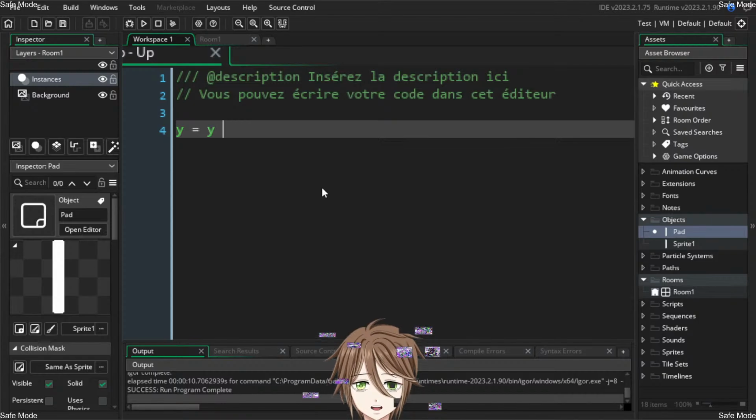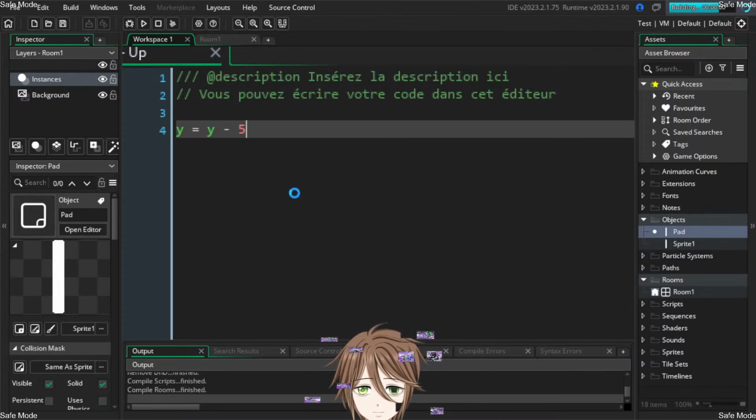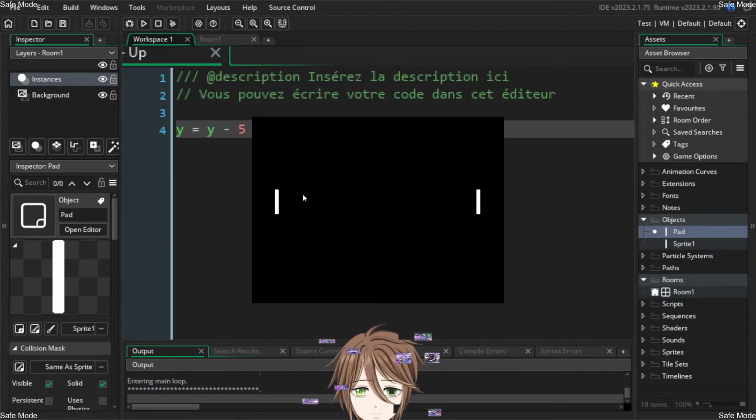Okay, so wait, is it minus or plus? Will the very top of the screen be 0 or will it be 640? Well, I'm going to try and see. So up should move it by like 5. So if I press up,